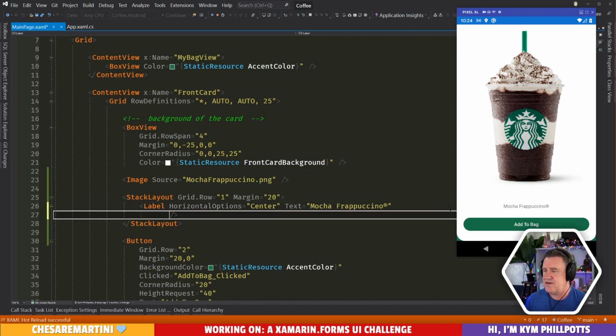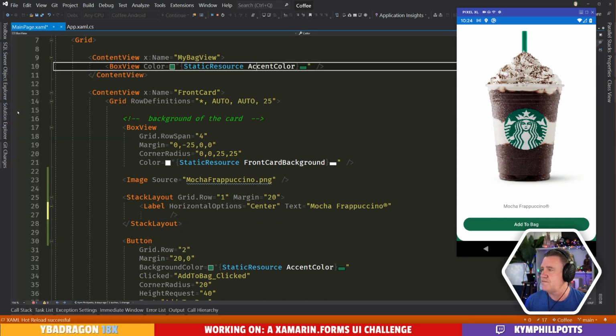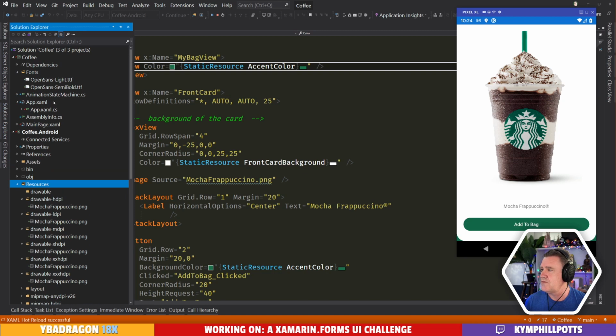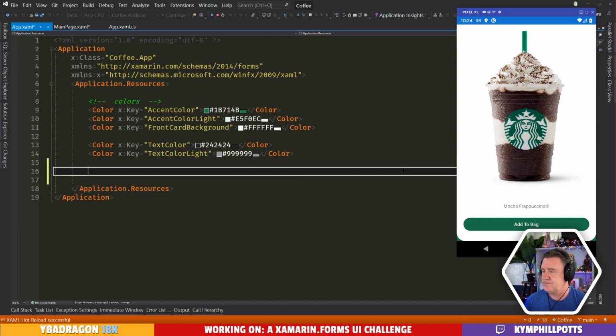And then let's create a style for it. Let's make this header text.